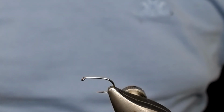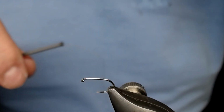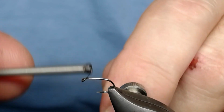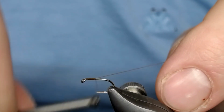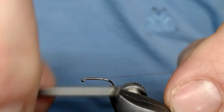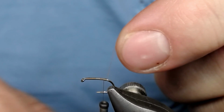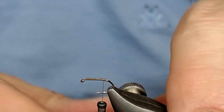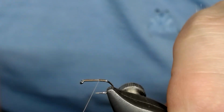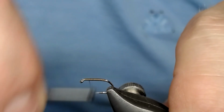I have now placed the hook in the vise, and I'm gonna attach my thread. I just wrap on, start with the hook eye, and wrap on downwards to the hook bend. Just about that. And use my scissors to cut it off. I make a little taper with the thread,